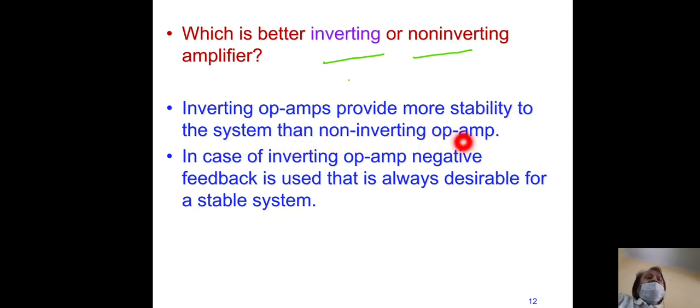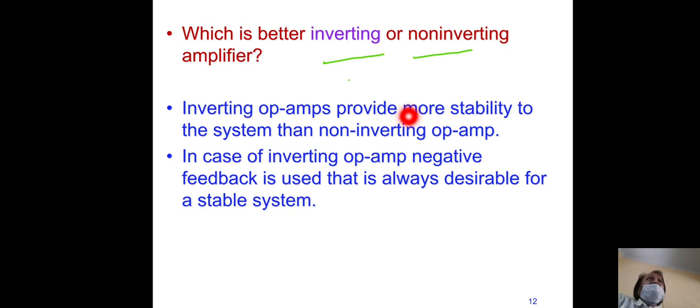In the operational amplifier, the inverting amplifier is very important to utilize for all applications. The inverting terminal is used, or inverting feedback is connected to the inverting op-amp terminals, which is your input terminal. More stability means a stable operating point. You have to fix the operating point stable in the active region to operate the op-amp stably, so that the output follows the applied input.